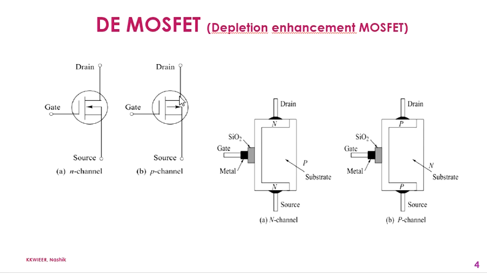This is a schematic symbol for both N channel and P channel depletion enhancement MOSFET, that is a D MOSFET. There are three terminals, gate, drain and source, where gate is a control terminal. As it is a control device, this is a control terminal which will control the operation of this MOSFET. This inward and outward direction of the arrows indicates the direction of current flow. So inward substrate arrow is for N channel MOSFET and outward arrow is for P channel MOSFET.